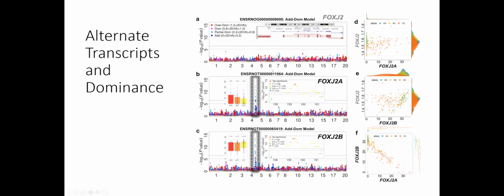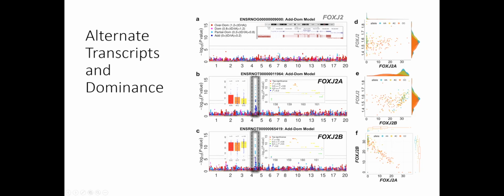So what we have here on the top, this is for a gene called FOXJ2, and this has 2 isoforms. If we just do a standard eQTL scan for FOXJ2 whole gene expression, we see nothing. Okay. If we take the 2 isoforms, which we call FOXJ2A and FOXJ2B, we get these humongous eQTLs,